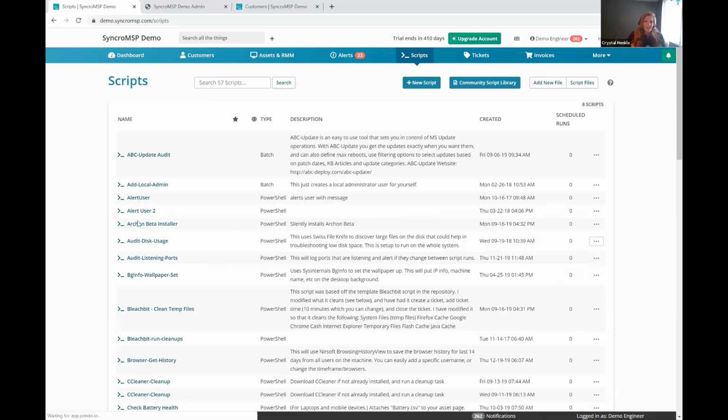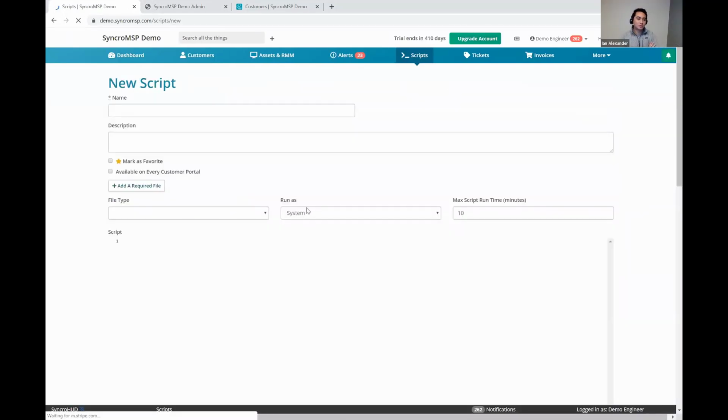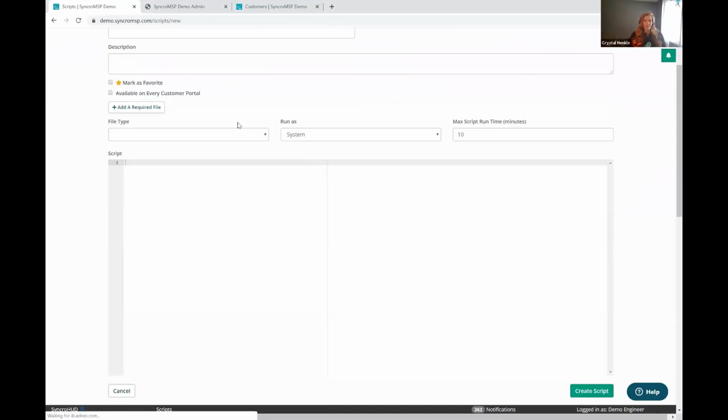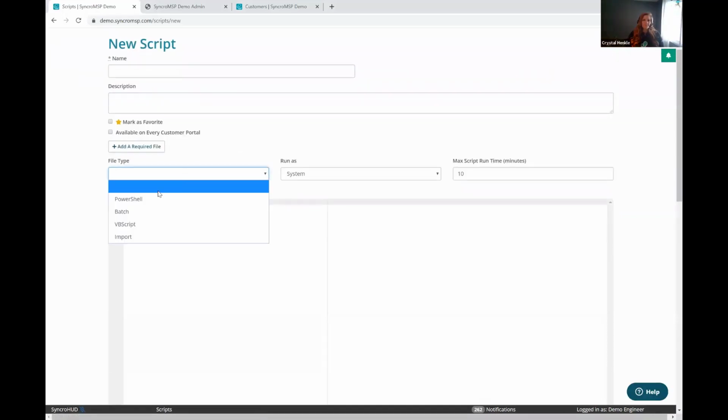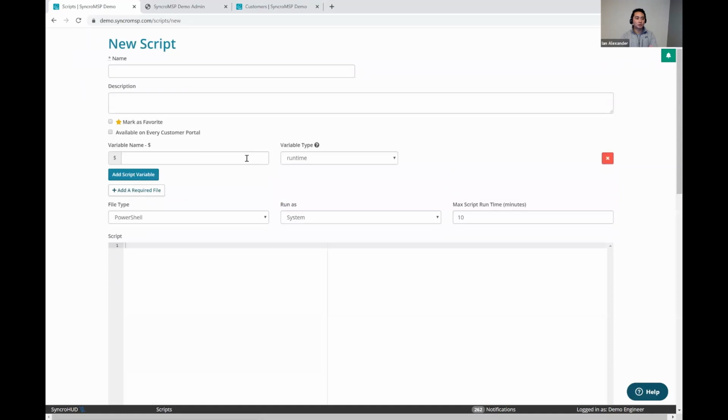So just go to new script real quick. If you click PowerShell, you can add a script variable and do a runtime variable here. A runtime variable will force the technician to enter a message when they run this script. So you could say the variable name is message, and then in the script here,